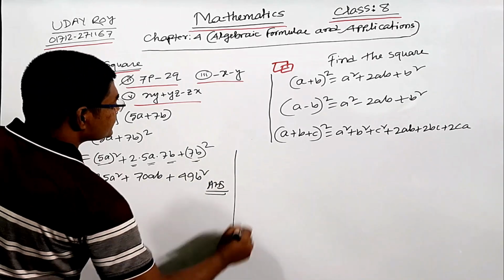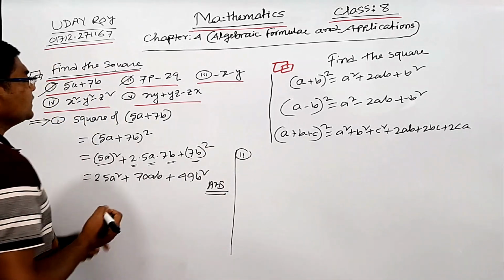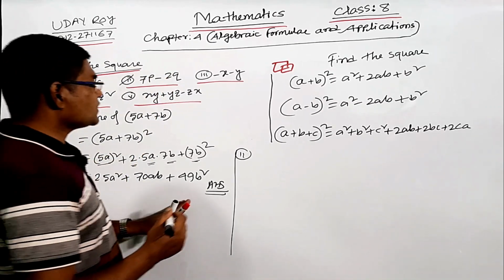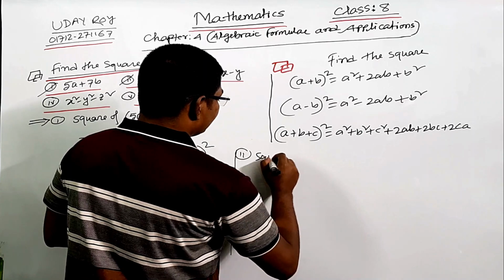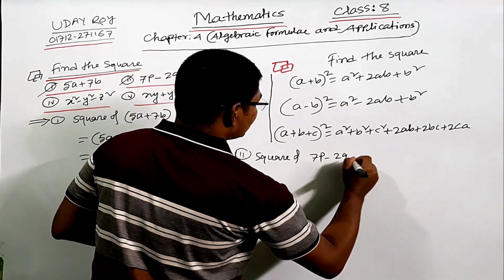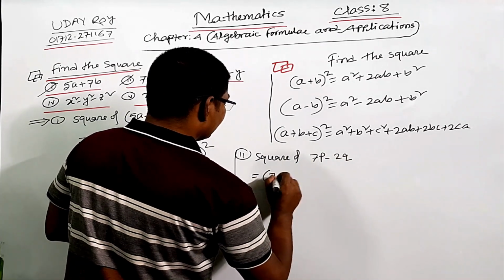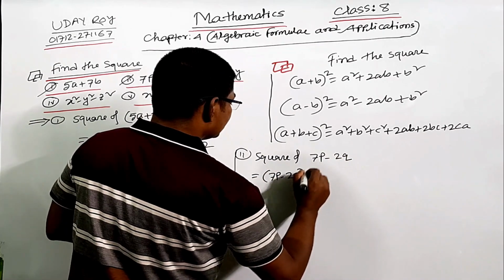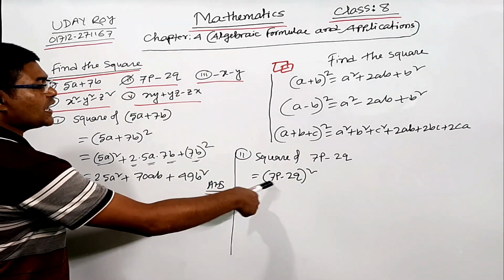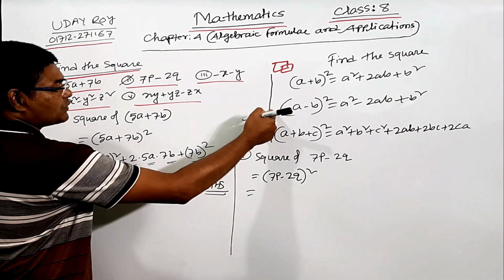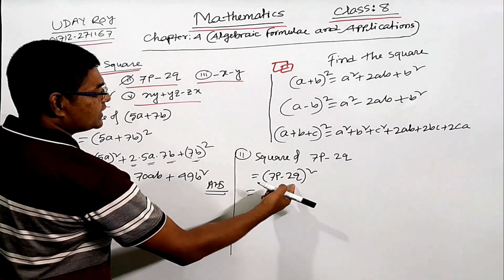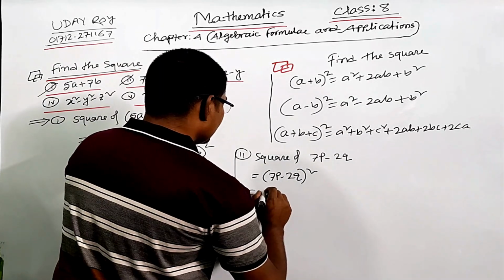You can see here is math number 2. Here is 7p minus 2q. So you have to write square of 7p minus 2q equal to 7p minus 2q whole square. This is a minus b whole square. You have to follow this formula, a minus b whole square. Here is a minus. This is a position and this is b position. That means we will have to do